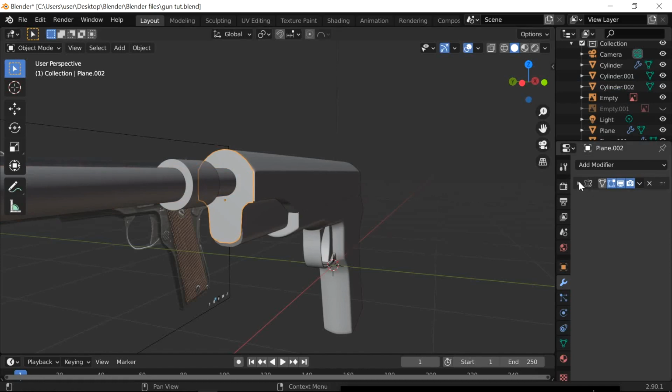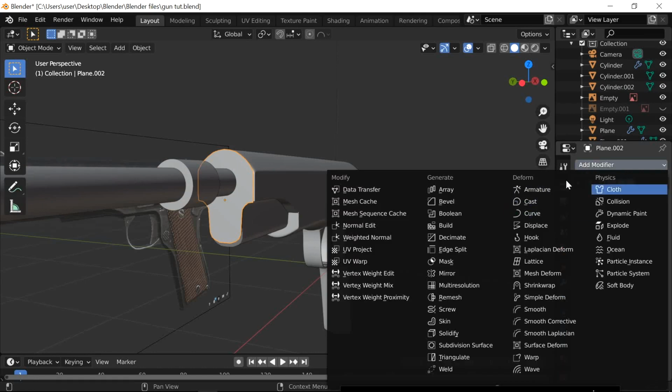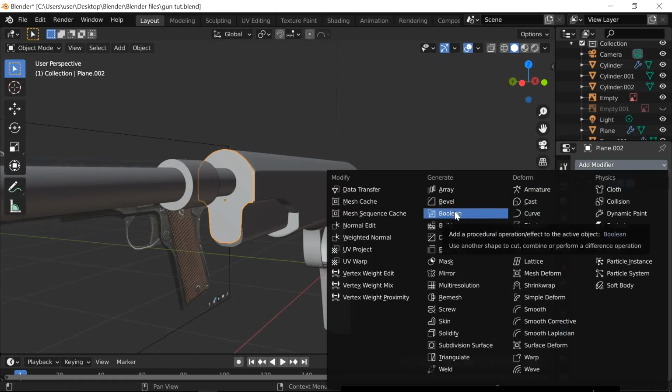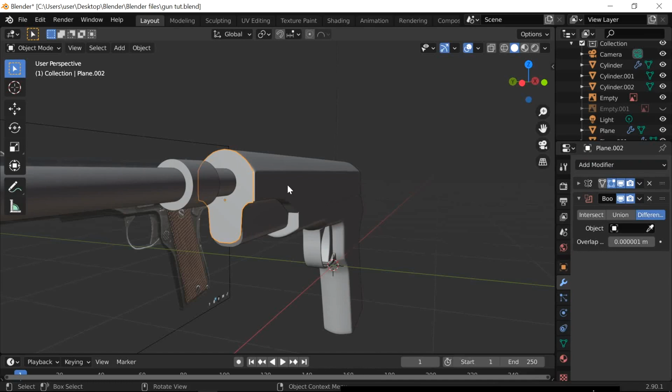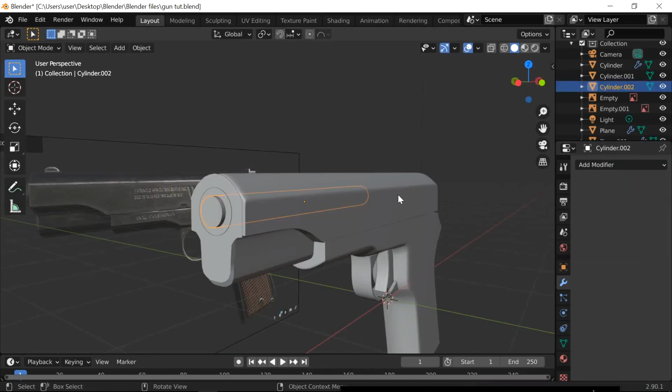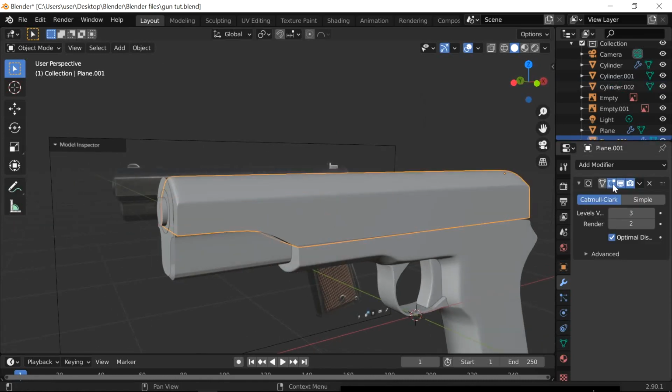Keep the mirror modifier because in the future, just in case you need to change things, it's always a good idea to keep the modifiers. Use a boolean. This is the object using the boolean difference. What's this? Why is it red? I don't know. And then boom. And then apply. Okay, so you want to drill a hole inside of the gun as well, but we haven't